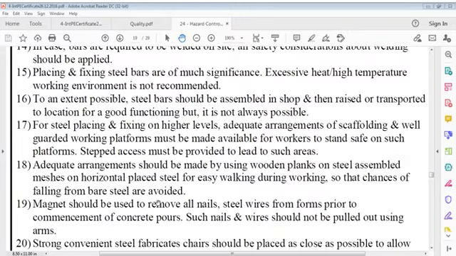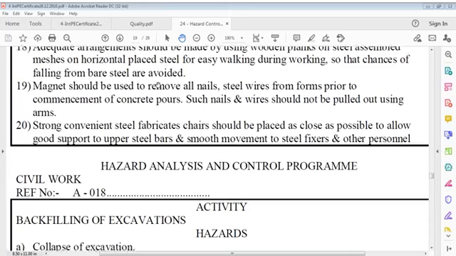Strong, convenient steel fabricated chairs should be placed as close as possible to allow good support to upper steel bars and smooth movement of steel bars and other personnel. These are few points in steel that are of concern and should be taken care of. Then we go to